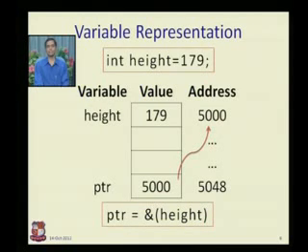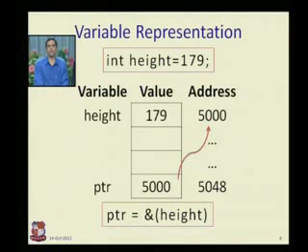So we can say this is basically a kind of pointer. This ampersand character, or the and symbol, we have put before the height is basically an addressing operator that we will be covering later on. But first, the main thing to understand from this concept is, in the memory variables are stored, and their values are stored. A variable I have taken is height, its value stored is 179 at address 5000. So this 5000 I assign to another variable. By using that ptr variable I can directly access the value 179. How can we do that? That is the purpose of a pointer.